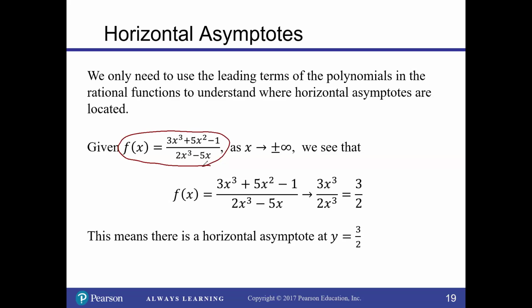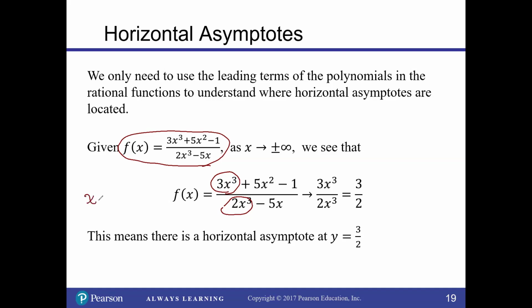So if I gave you this rational function, remember the top and the bottom are both polynomials, and x is heading towards negative infinity, this term on the top takes over and this term on the bottom takes over